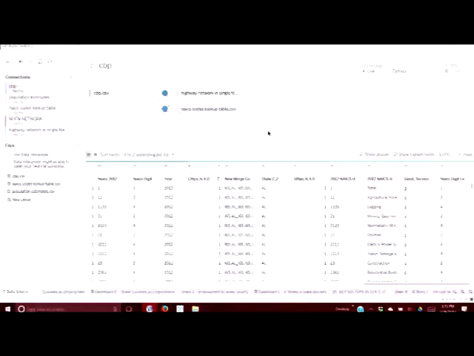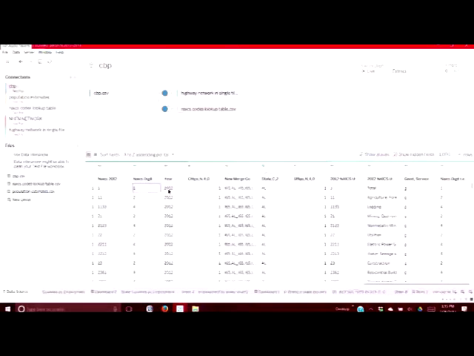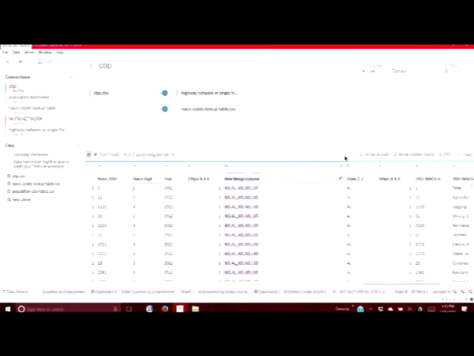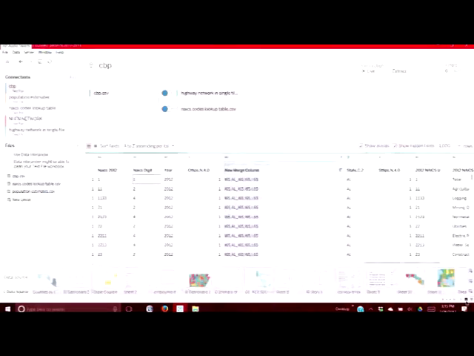We'll talk through this data set a little bit more. Let's go through the data sources. So we see the NAICS codes, we see the NAICS digits, we see the year, and one of the things is you see this new merge column, and basically the idea is, if I go back to my dashboards,